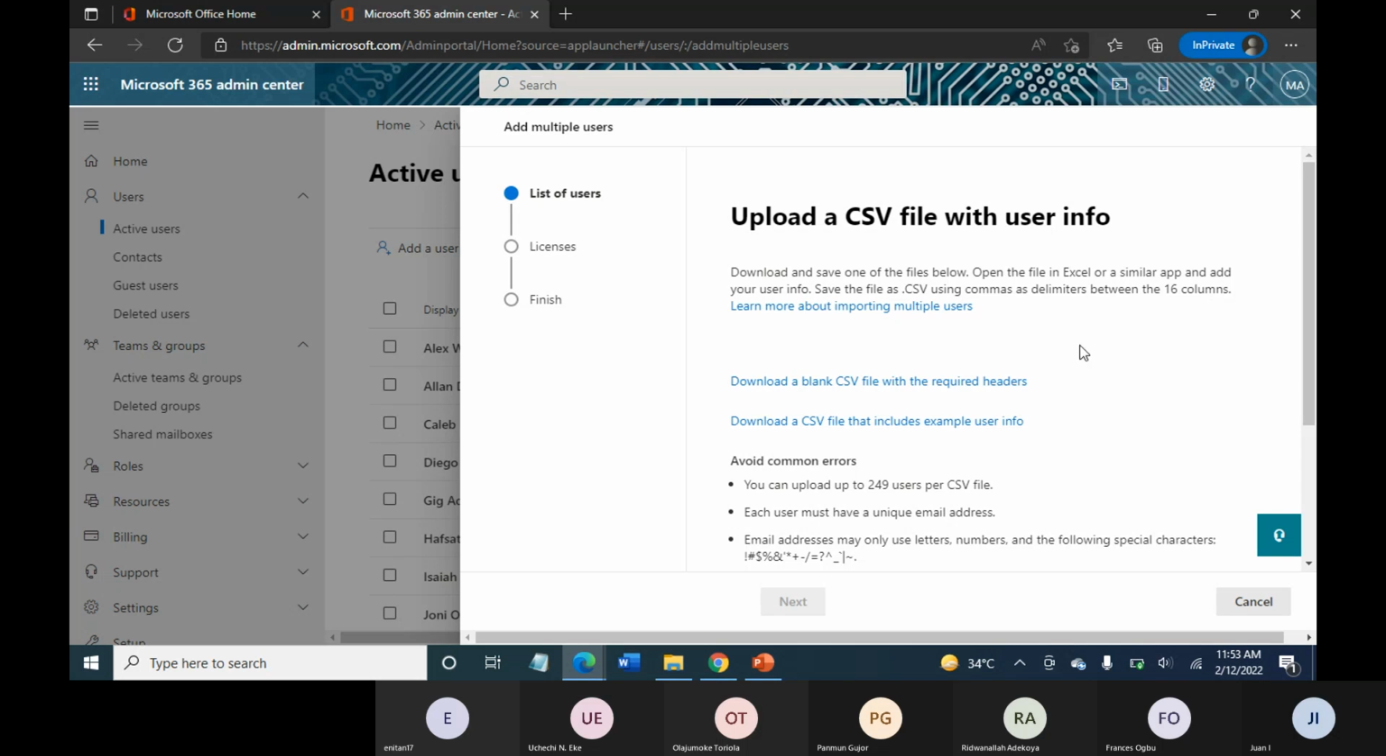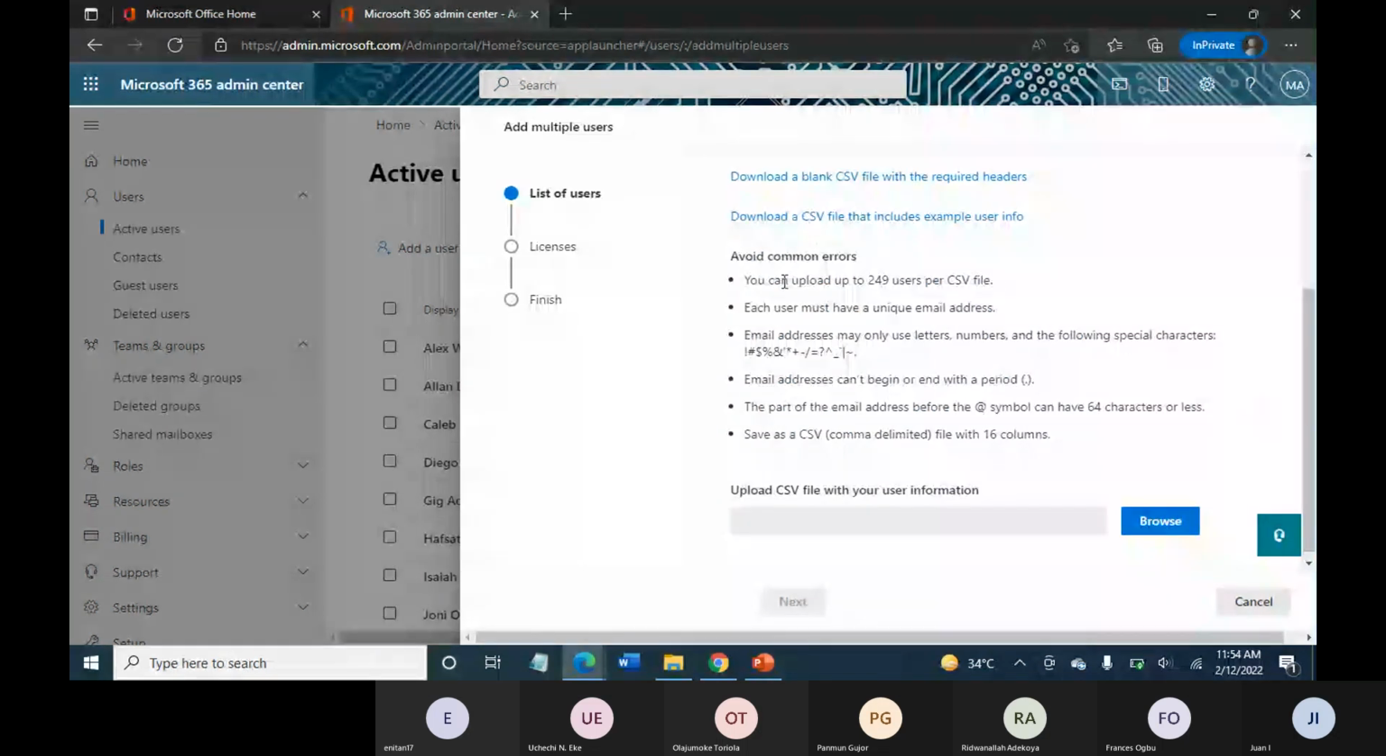So from that create or add multiple users, you can download a CSV file that includes example user information, so that you know the sort of details you need to provide for the system to create the users. Now with this option, you can add up to 249 users at once, right? So you can create up to 249 users at once, and so avoid common errors. Each user must have a unique email address,